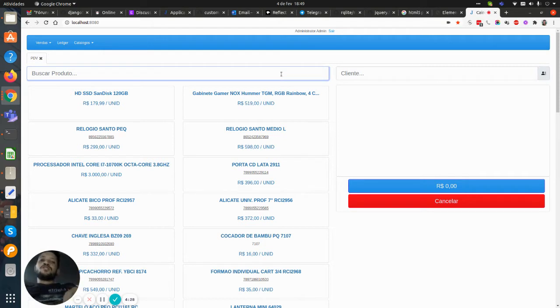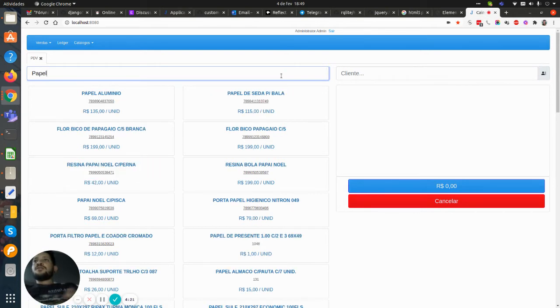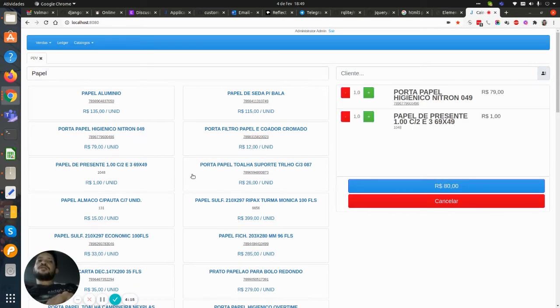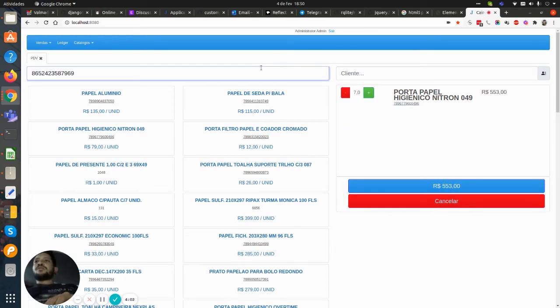So I have a search for product name and product code, like paper. It lists all the things that have the word paper in the name. I can add one or add multiple like this. I can decrease it to remove. I can increase it here, or I can put a serial